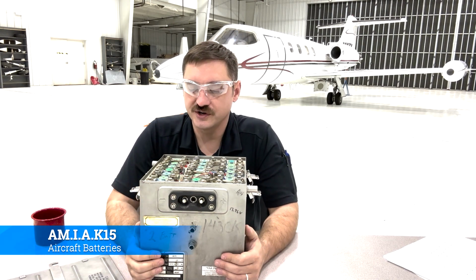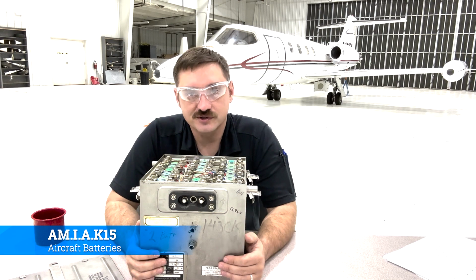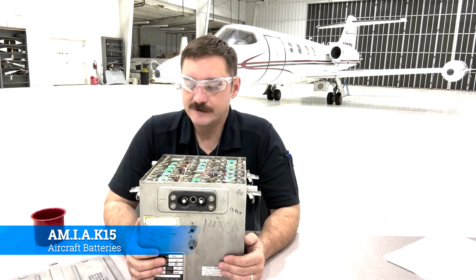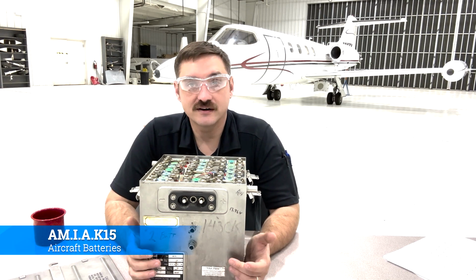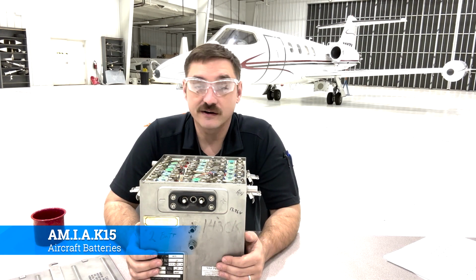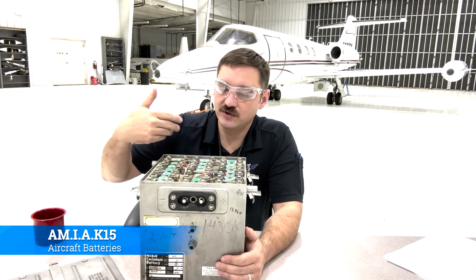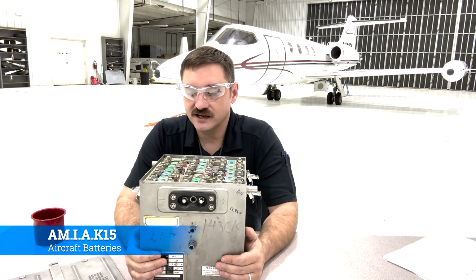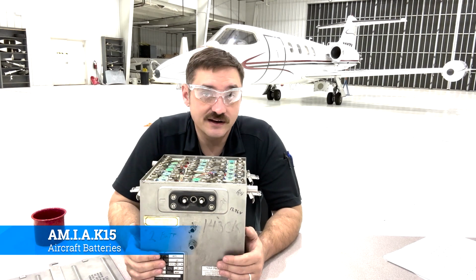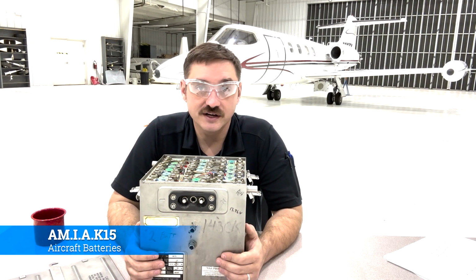Now I will caution you. I'll tell you a story about whenever I first started. I was at the National Training Center working on a 58, and my job was to do a battery service. So you pull a battery out, you clean out the battery compartment, make sure there's no debris, no corrosion, and then you clean off the top of the cells. Now, in our technical manual, it will tell you to use a non-conductive brush, which we had in